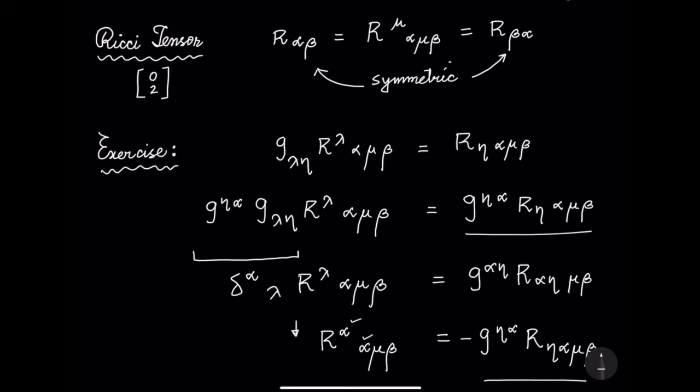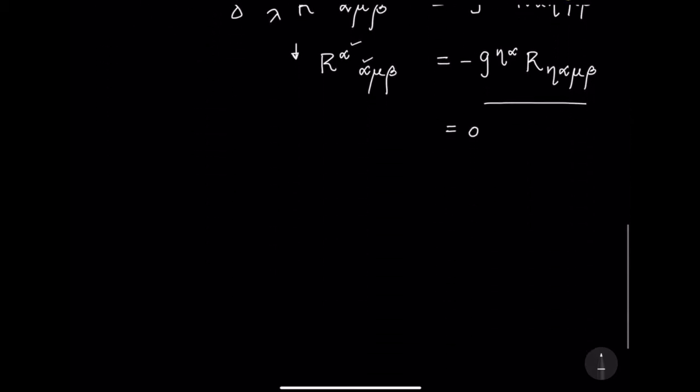Okay, I request you to see if the first and the fourth index, if you contract, it will still be 0. Now, from the 4-index object, we have come to a 2-index object. Now we'll define a scalar